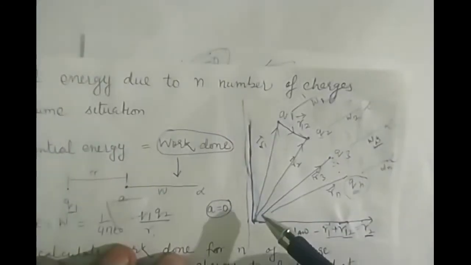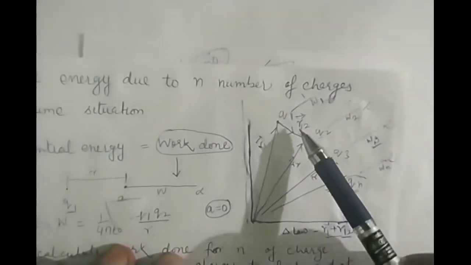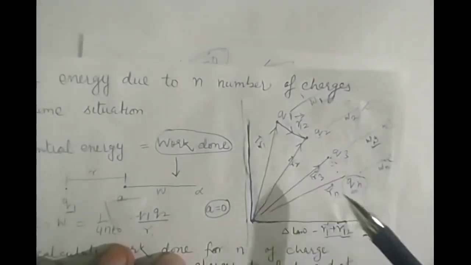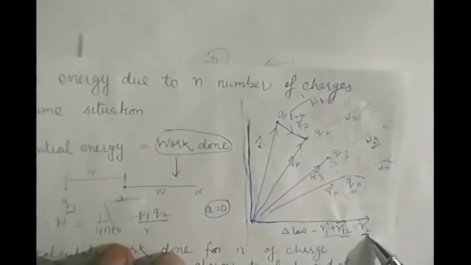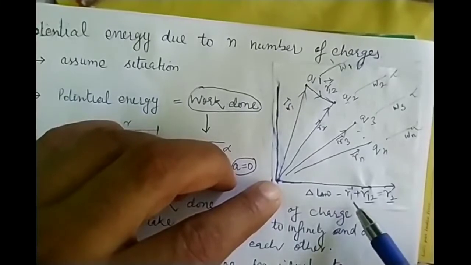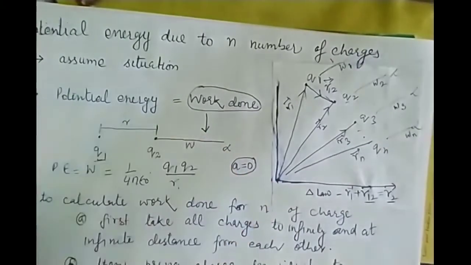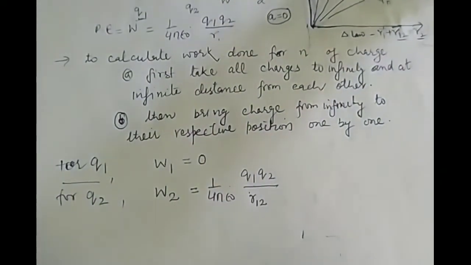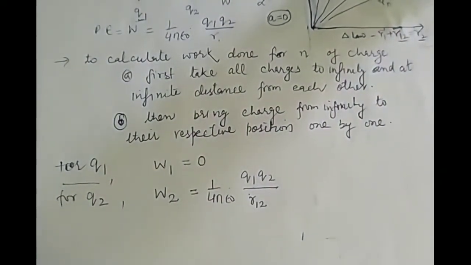See the arrow here of R1, that is along this side, and R1 to 2 is along this side. So these two vectors are on the one side and R2 is in opposite order, on the opposite side. So we want to calculate R1 to 2, R2 minus R1. So this distance is R1 to 2.